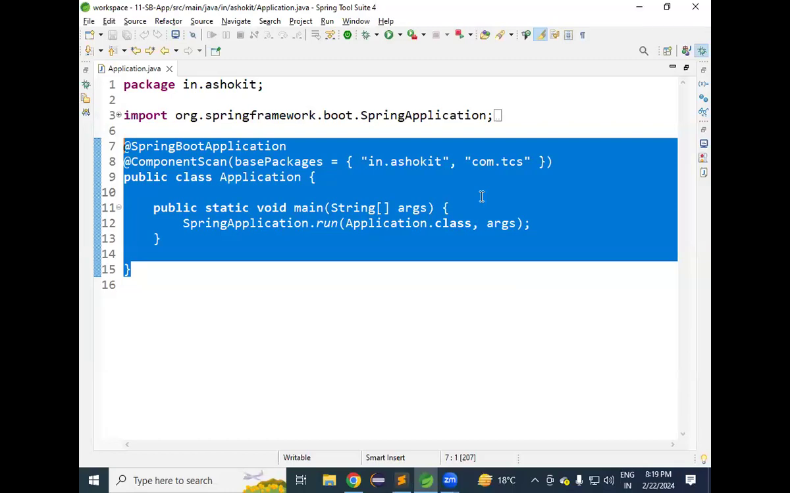But which one is recommended? Writing multiple base packages, or following the naming convention? Following the naming convention is recommended. For example, if you are developing a project for Infosys, how do they write the base package? com.infy.projectname. For example, in Infosys you are developing an IRCTC application. They will consider this as the base package. The remaining packages we need to write like this: